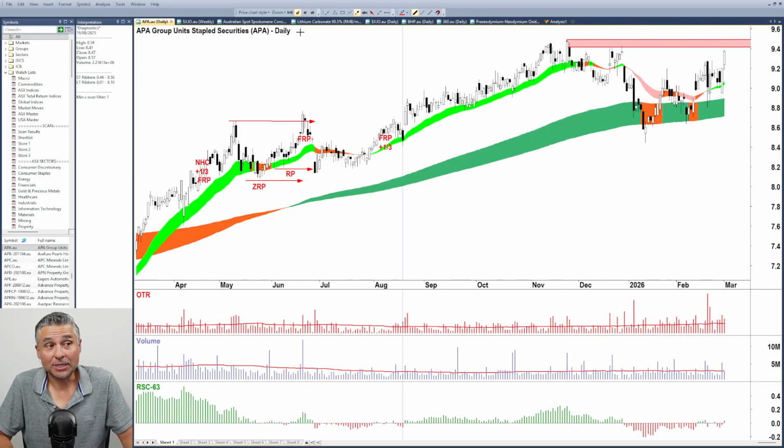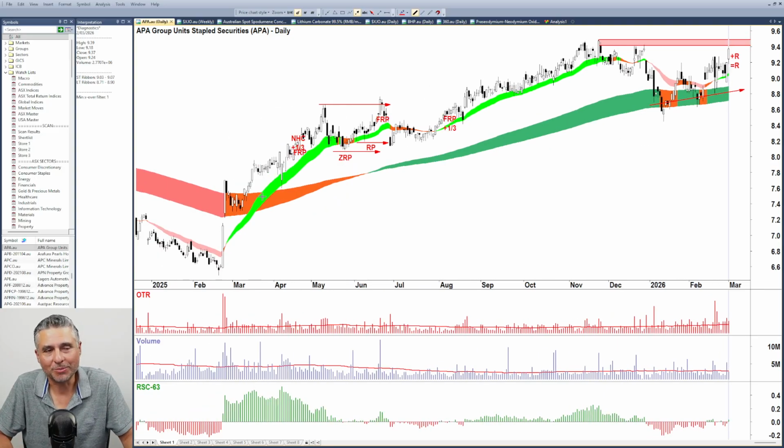So yes, this did not make feature for very similar reasons to the other one, but at least it got into the list as a plus R today. Nice candles here and here. Nice candles doing everything we want them to do at the long-term trend ribbon. Decent little volume push here. Not much today. Actually, there's not much supply, is there? There's actually not much supply in the system. We've still got motivation. Defer to the candle first and foremost, and then check the volume to see if it's making sense.